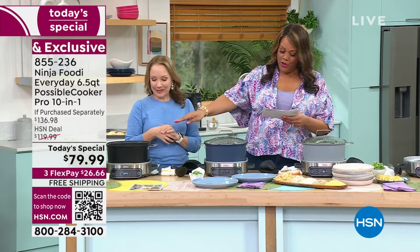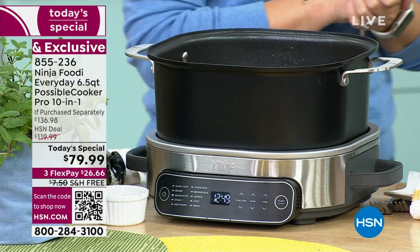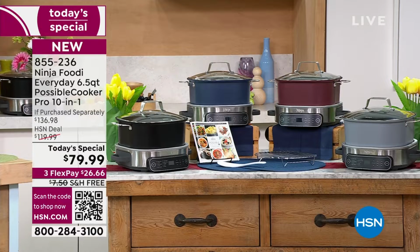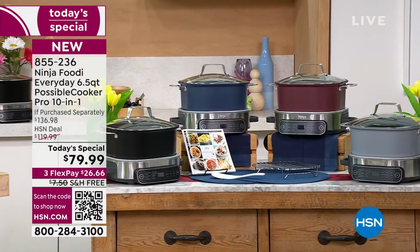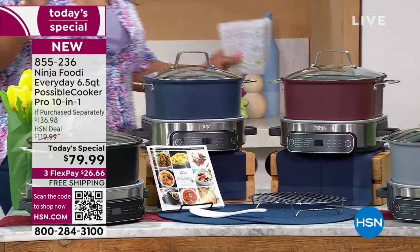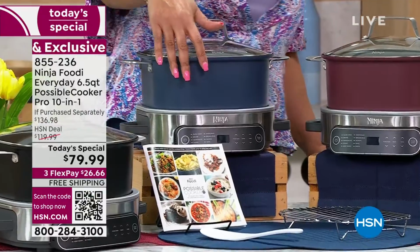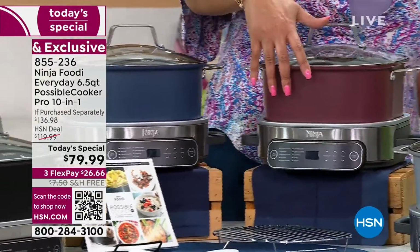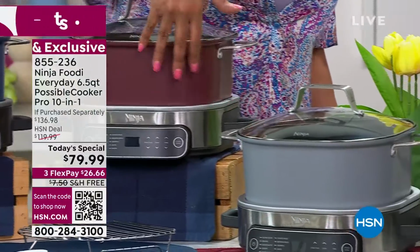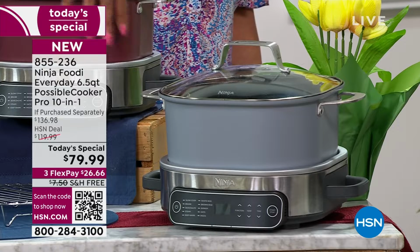So right in front of you, that is the black, right? So we have it in black. I also have it right next door, the stone, it's like a stone gray. Let me just go over to what you get all the way over here. They're making me work out, you guys. You gotta have the colors. So here's your black, here is your midnight blue, here is your Merlot, and here is your stone purple. Now stone purple and Merlot, and the stone purple really is a beautiful gray, but stone purple and Merlot are exclusive